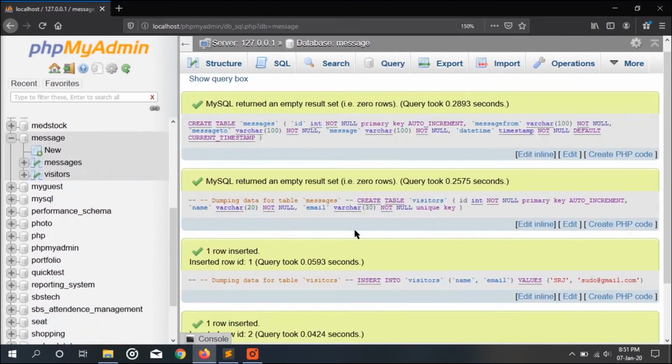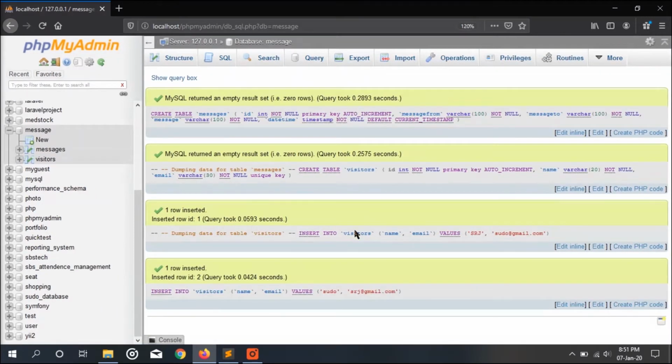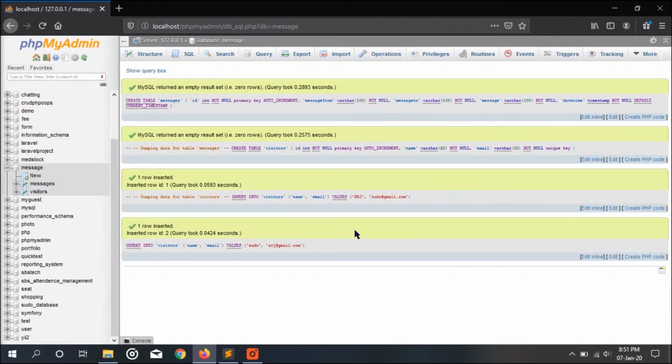So now our database is ready, and the next thing we are going to do is the backend coding.